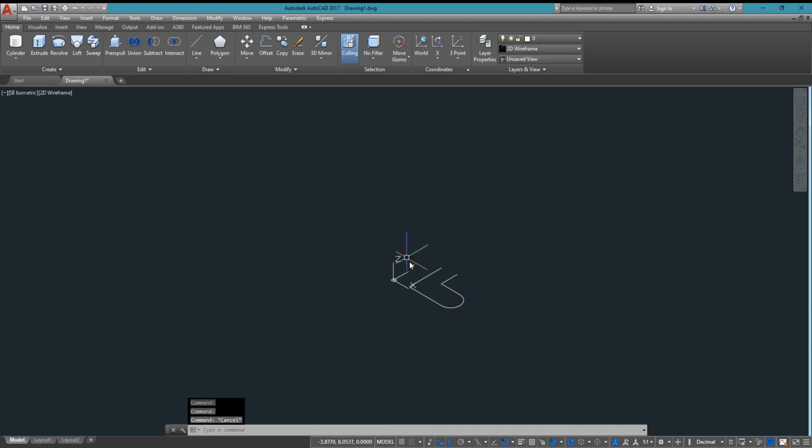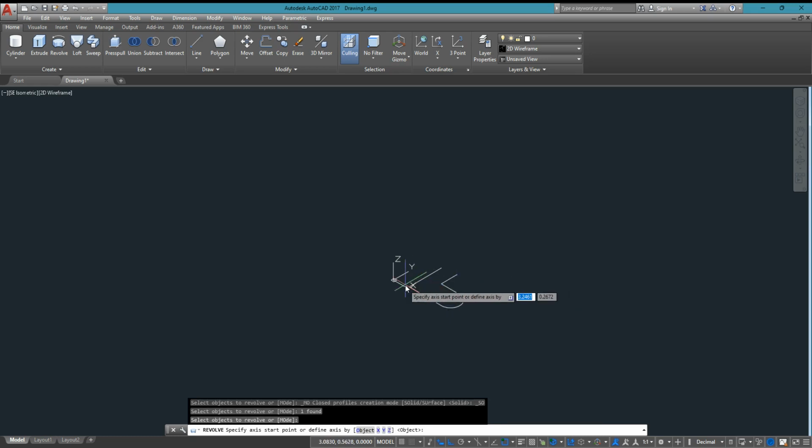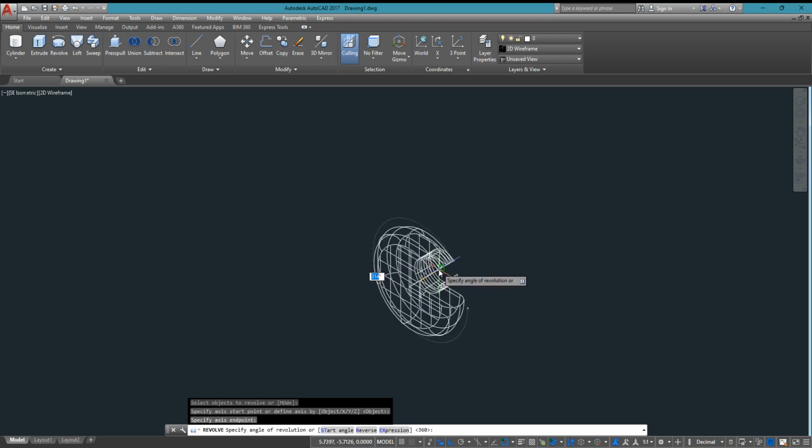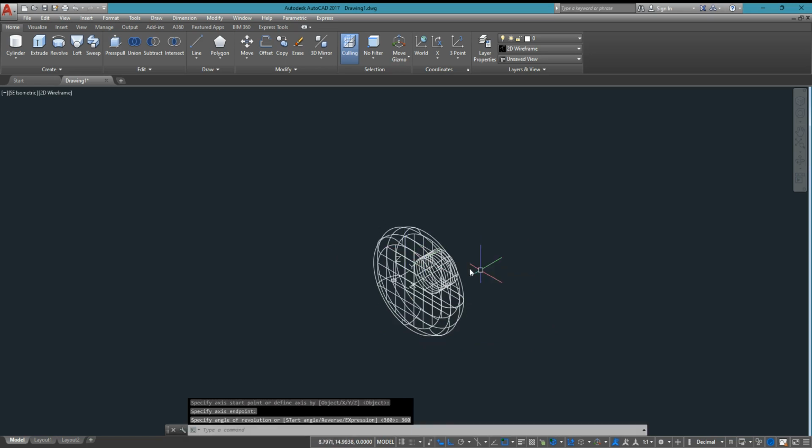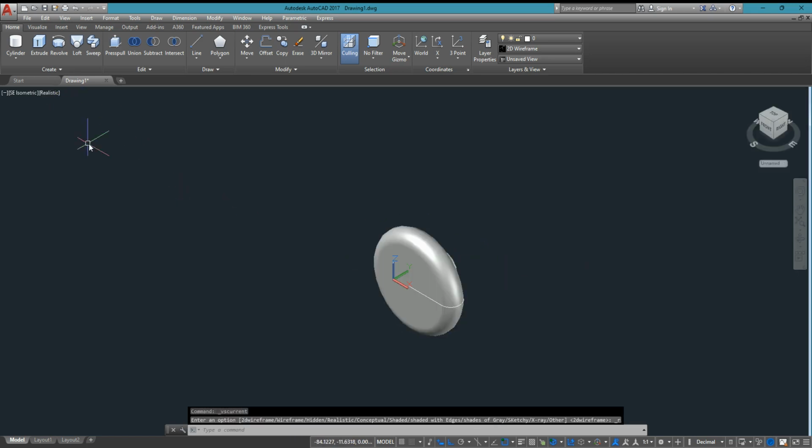We will execute now the revolve command using the 3D basic revolve. Enter. Which is our object to revolve? And then the axis is from here, endpoint to endpoint. And then it is asking now for the properties of the revolve. If we want to revolve the object, which is the polyline, to 360 degrees or 45 degrees. So let's have 360 degrees first, if that is the default, and that will be now your drawing when we do it in realistic.